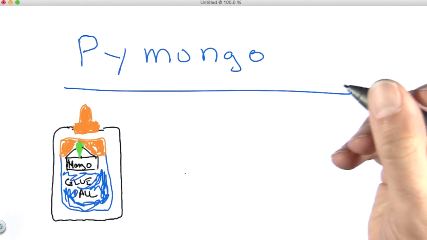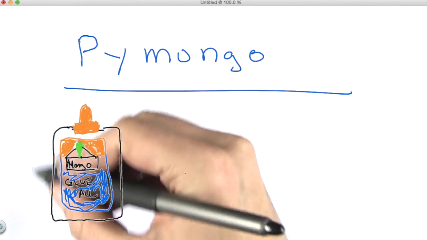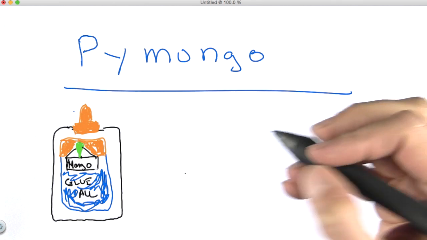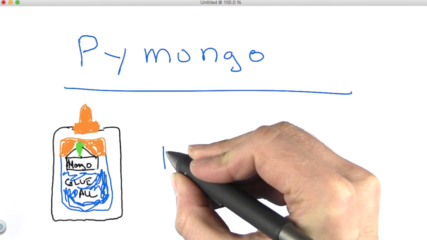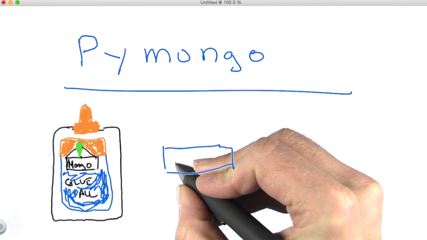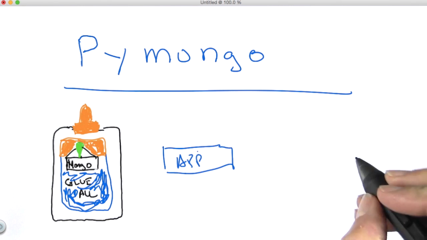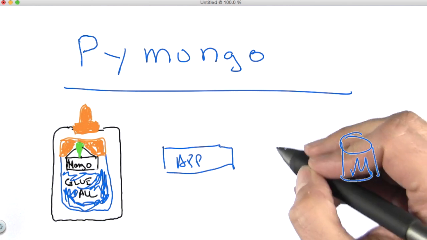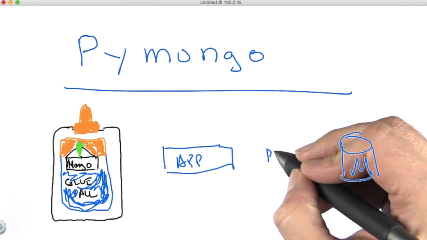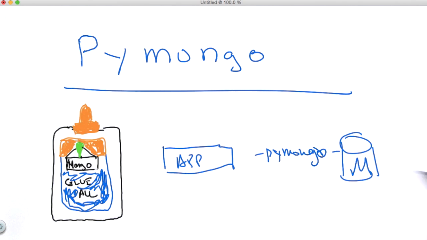All right, let's talk about PyMongo. PyMongo acts as the glue that connects your program to the database. So you have some application code, which I'll represent by this box right here, your app. And in order to talk to the database, MongoDB, represented by this M, you need something in the middle. And that thing in the middle is PyMongo. So we need to install PyMongo on your computer so that you can talk to the database from your application